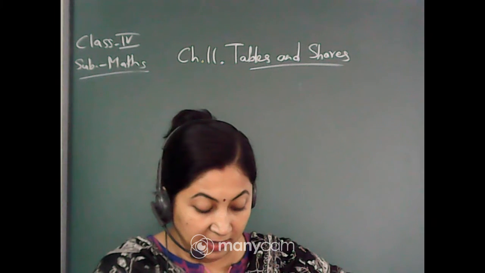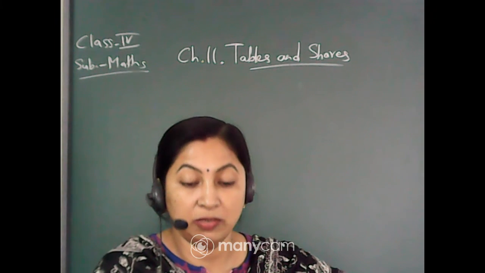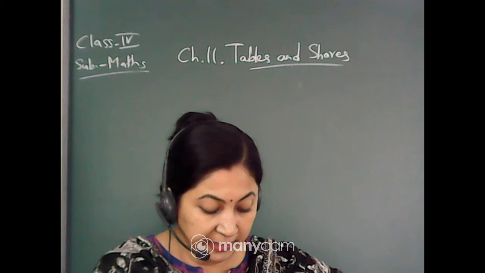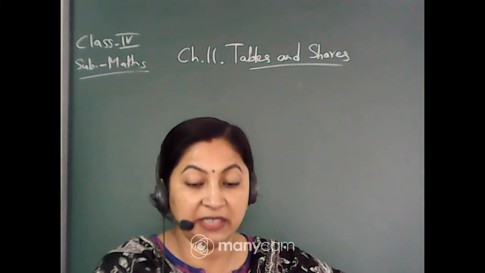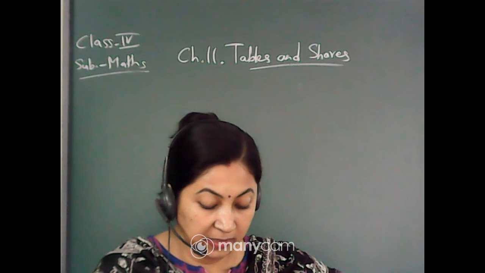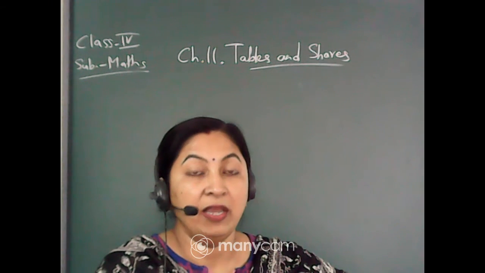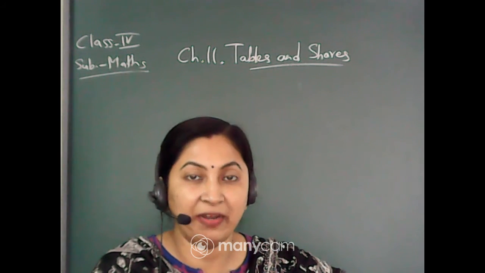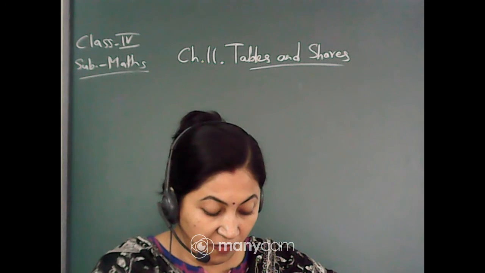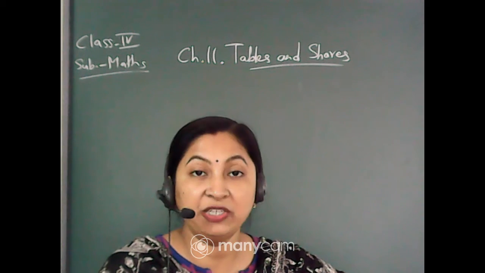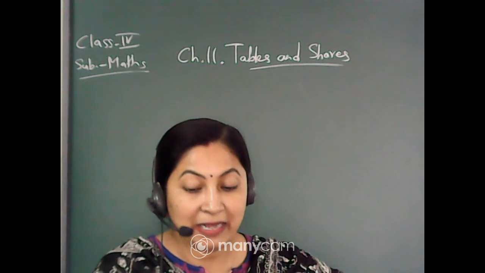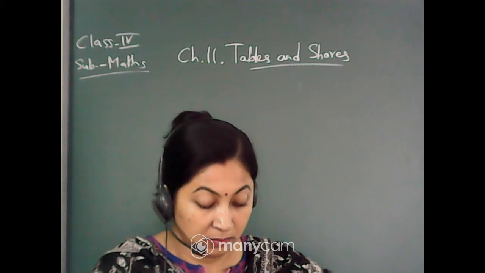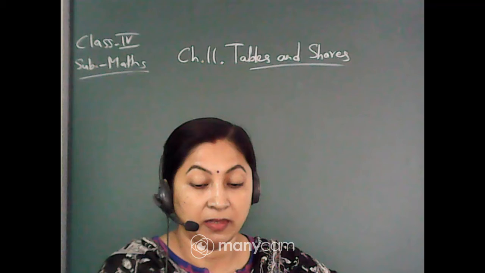Now see, come to the book. Page 122. Help Bunty to make the table of 7 using tables of 4 and 3. Now with the table of 4 and 3, help Bunty to make the table of 7. See, it is given the table of 4 and the table of 3. Then next is given table of 7. Quickly write it down in the book and send in the chat box.